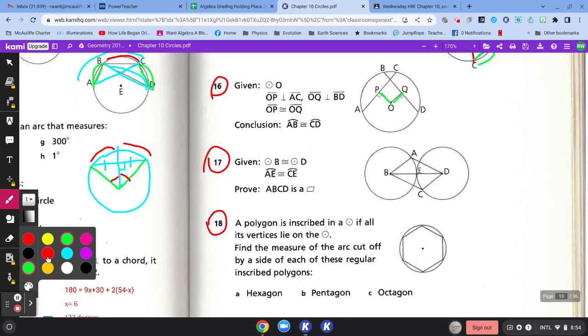So one thing that we know, because OP and OQ are congruent, which means O is equidistant to point P and point Q. It's also equidistant to chord AC and chord BD. And we know that the distance to chord AC and the distance to chord BD are these segments, OP and OQ, because they're perpendicular. We can say that this chord is congruent to this chord. And if that's true, then we can further say